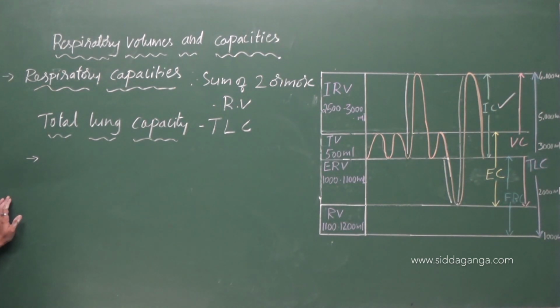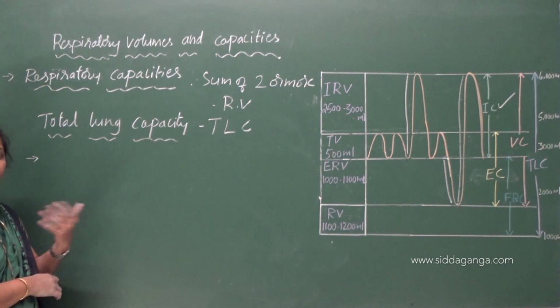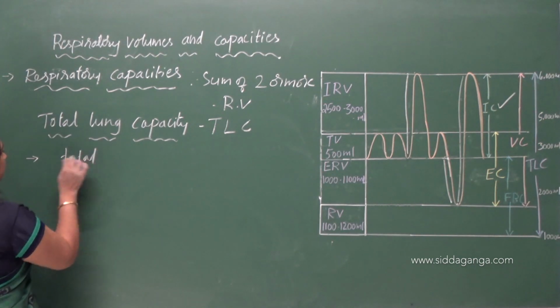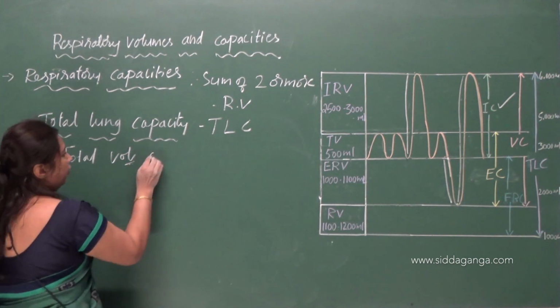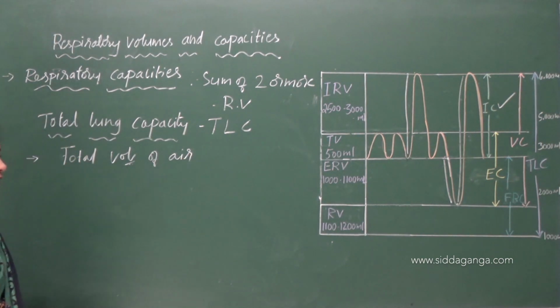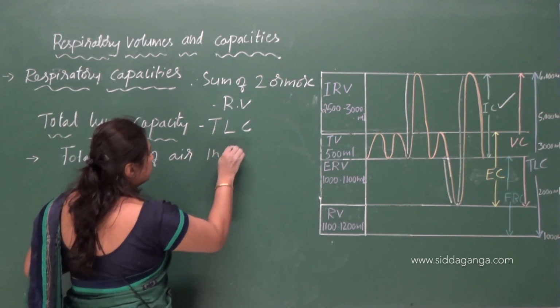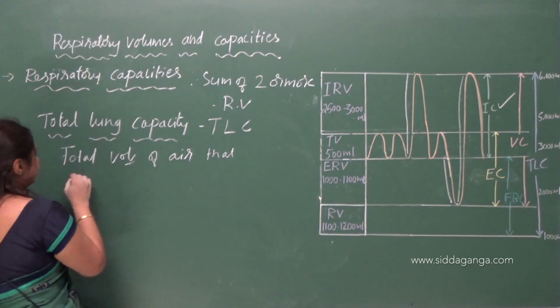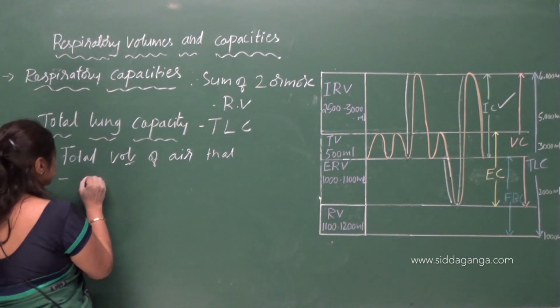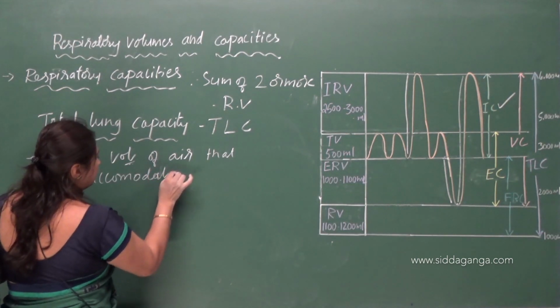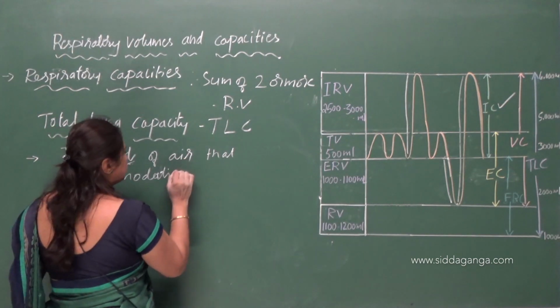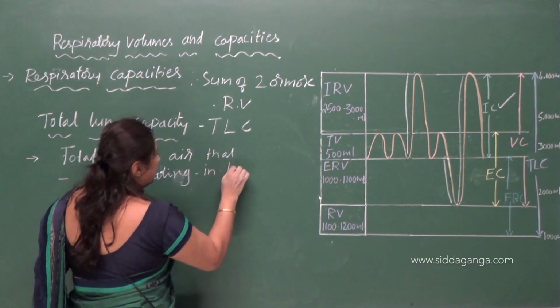Total lung capacity is the total volume of air that is accommodated in the lungs